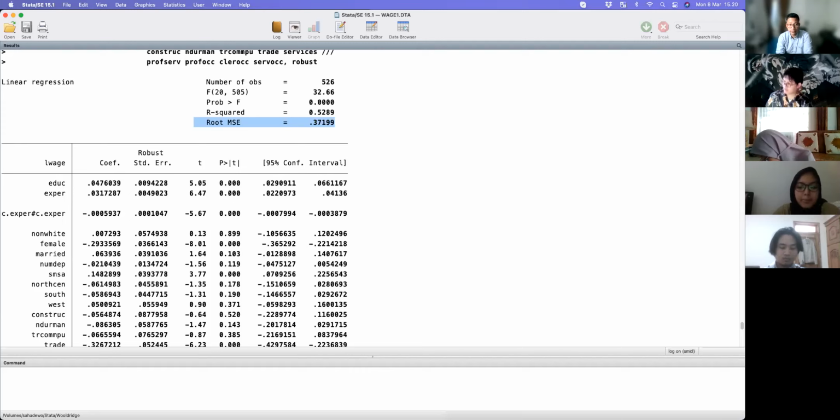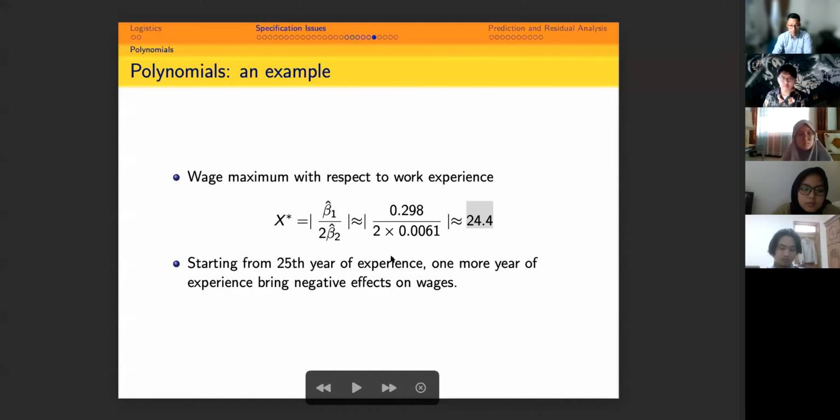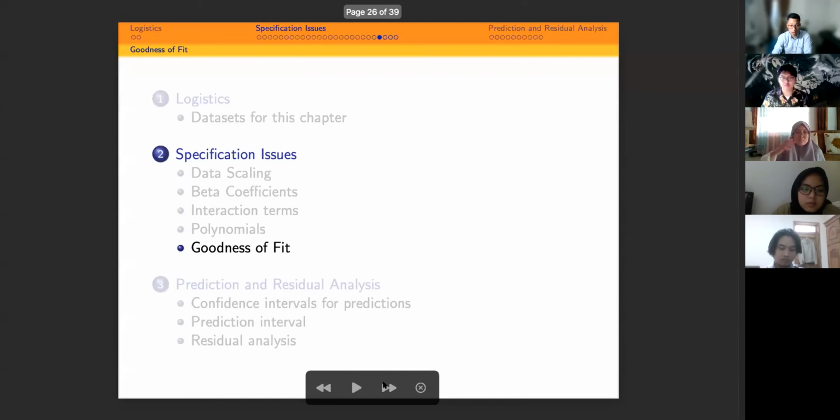So be very careful about boasting about R-square, okay? In some regressions, unfortunately, even though you include a lot of important variables, it's just very difficult to control for. Okay, I'm going to go back to the slide and I'm going to discuss the remaining topics, which is on